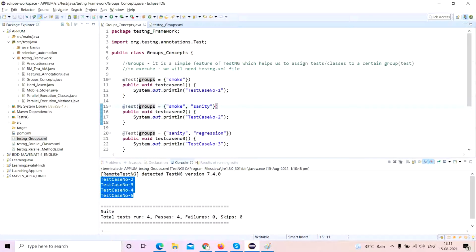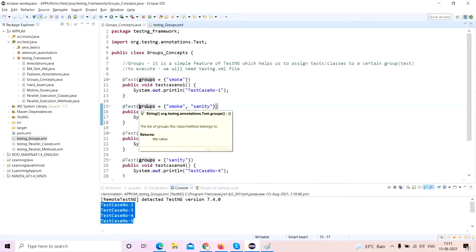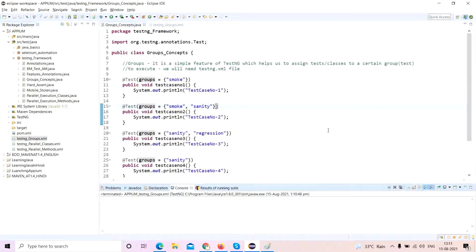So each and every annotation statement that you define is very, very important. Each and everything has a role to play. So please be very careful with the way you write your logic, because otherwise someone will do a lot of inspection. Okay, what happened, why is test case 1 getting included? Because smoke was not there in the grouping part of it. But I had done a dependency. So since the dependency was there, TestNG also took care of that. See, TestNG is extremely smart. You have to be smart enough to actually analyze your grouping part of it.